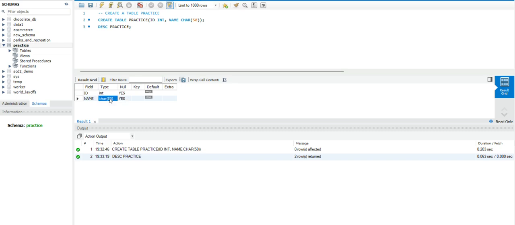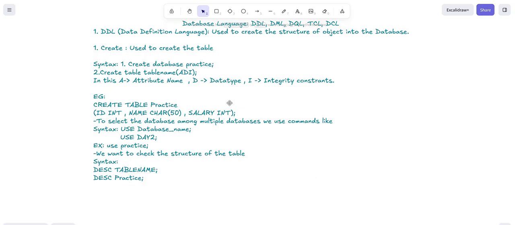यहाँ पे हमारे पास आईडी आया, नेम आया, इसका टाइप क्या है, इंटीजर टाइप है, कैरेक्टर टाइप है, इसमें नल वैल्यूज है, यस, नल वैल्यूज आर देयर, और डिफॉल्ट नल, ओके, सो नल वैल्यूज है यहाँ पे, और की में भी क्या है, की खाली है, ओके, एक्स्ट्रास आर आल्सो एम्प्टी। तो एज आई ऑलरेडी टोल्ड यू इन प्रीवियसली आल्सो कि हम यहाँ पे in one of the cases which we are having was a primary key, okay,